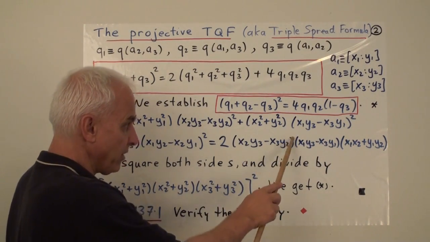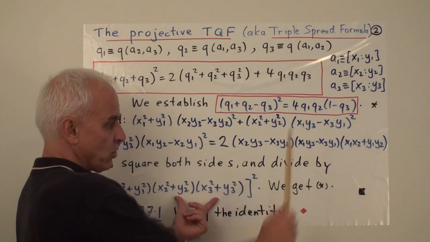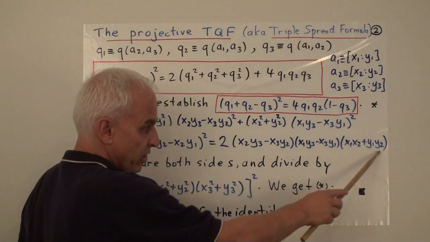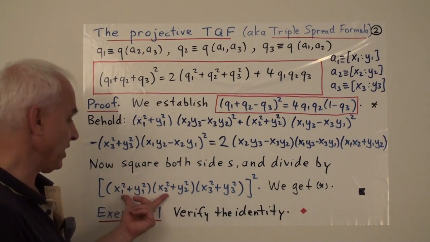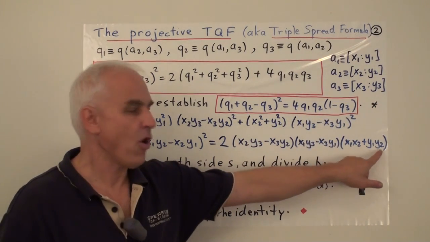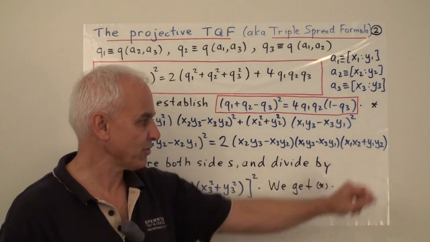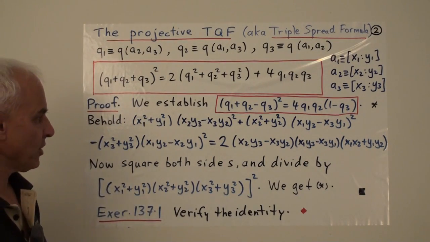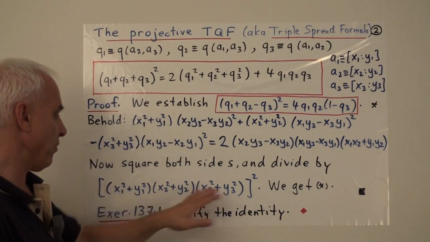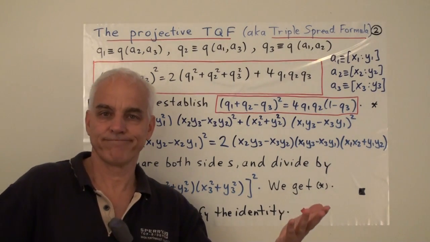On the right hand side, after we've squared things, there's a 4 here, and then this Q1 is this thing squared divided by, again, that product. The Q2 is this thing squared divided by this product. And finally, this expression here divided by the 2 remaining terms, which I guess are these ones, will be 1 minus Q3. That's the alternate or second formula for the projective quadrances that we had, involving that dot product term. So this is a direct consequence of this beautiful identity once we square it and divide both sides by this common denominator. That's magic, admittedly.